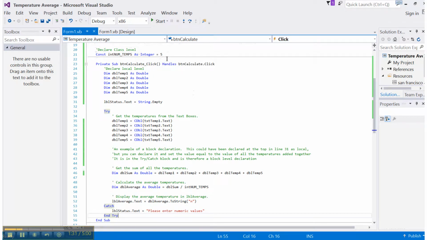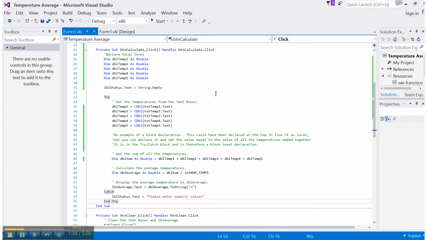Now when the user enters the data and then clicks on calculate, the calculate button event will execute, and we will declare the local level variables here. Local just means that these are only used in this calculate event.